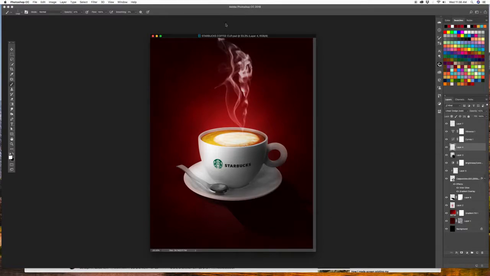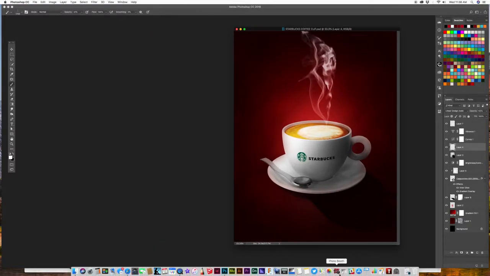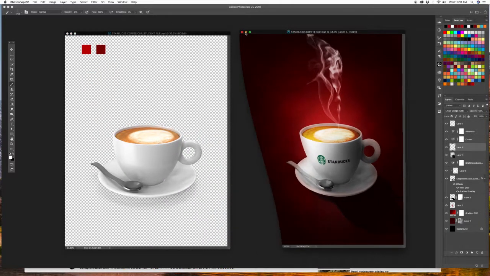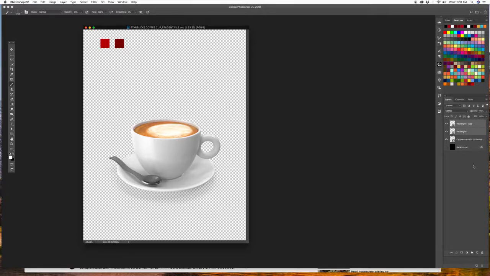All right, but let's get going on this coffee cup. So I gave everybody in my class this to start off with. Let's hide that. We don't need it. And it's basically a coffee cup. And it's got two squares up here, and these are the primary colors we are going to use for this